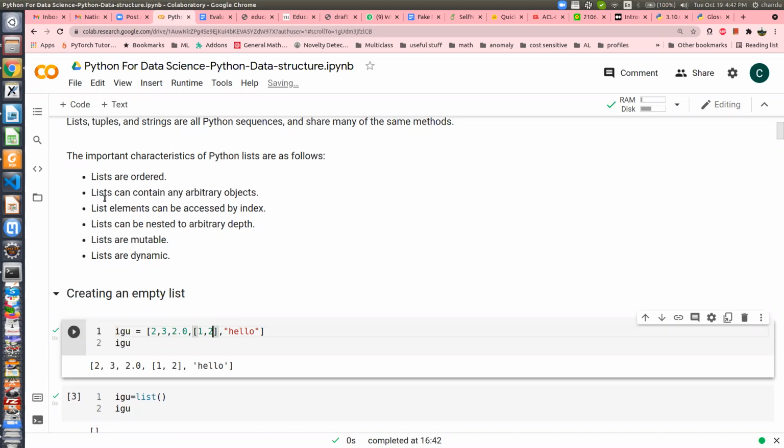Now tell me, those who know lists, how is Python doing this magic that you are not able to do in C? How does Python know how I'm going to store these in memory? How should it allocate memory for these different kinds of objects in a list?